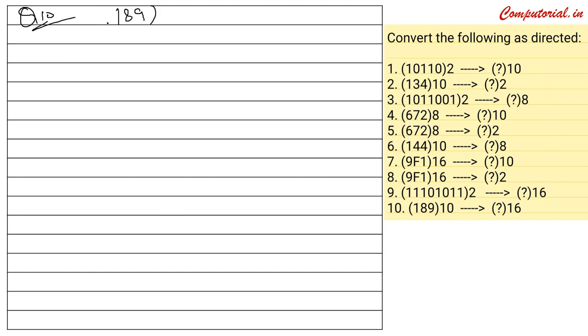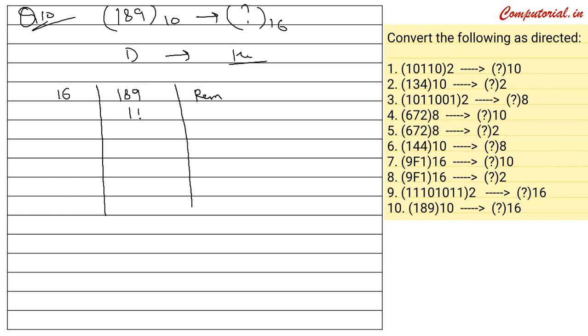That's 189 with a base of 10 to be converted to the base of 16. Well, keep this in your mind. Whenever you're converting a decimal number to a hexadecimal number, you have to divide that number by the next base, and you have to note down the remainders also. So now I'm dividing it step by step. Well, first when you divide this, it will go 11 times, because 16 into 11 is equal to 176, and it will leave a remainder of 13,